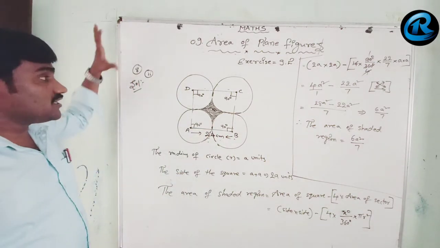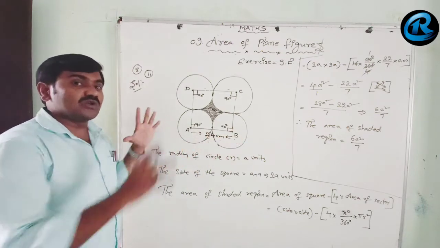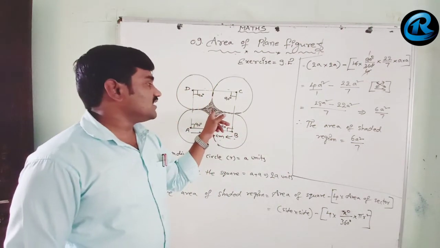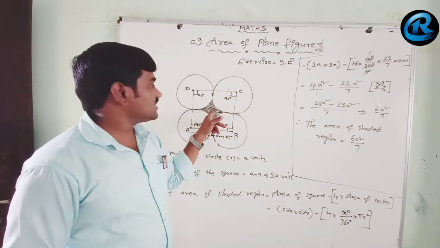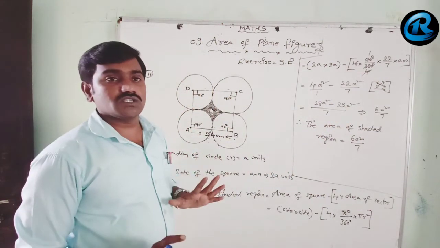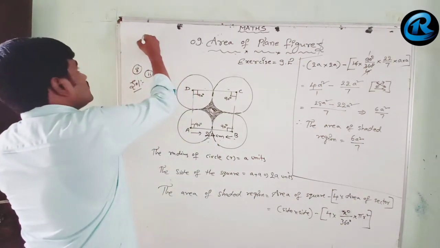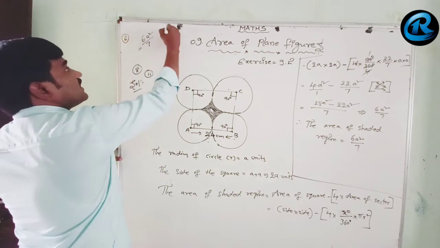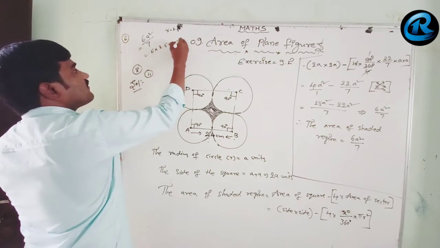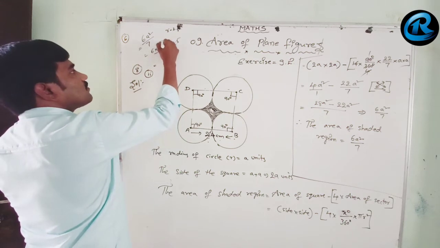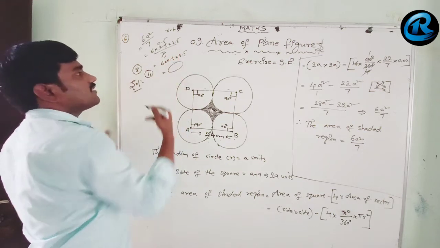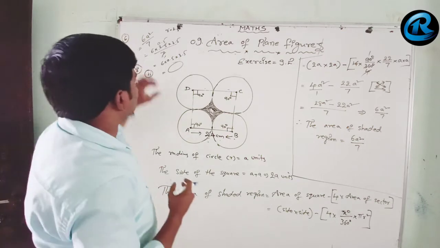Remember, the previous problem, question number 6, can also be done by this method. I explained it in detail because if you use this method, the area will always be 6a²/7, where a is nothing but the radius. You just substitute the radius value and you get the answer. In question number 6 the radius r is 3.5. So 6 into a square is 3.5 into 3.5 by 7, and if you do it you get the same answer as in the sixth question.